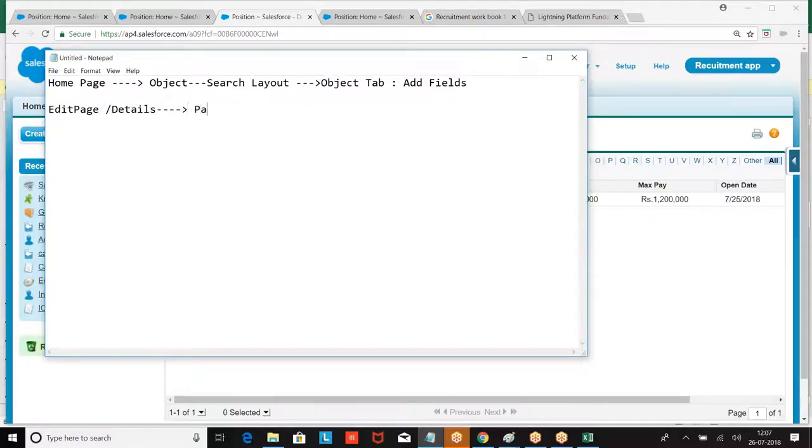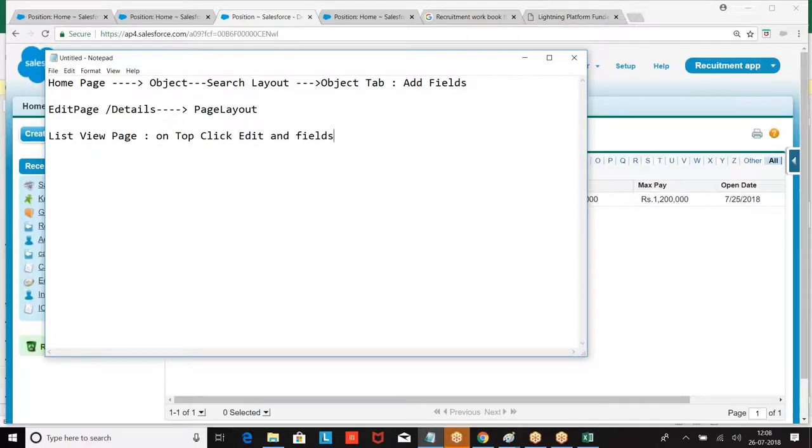How will you control? List view page. On the top, click edit. This is what we have done, boss. I hope you are good with this.